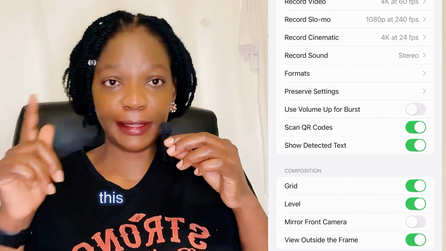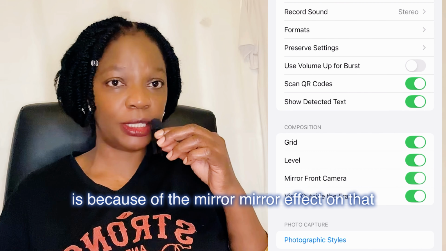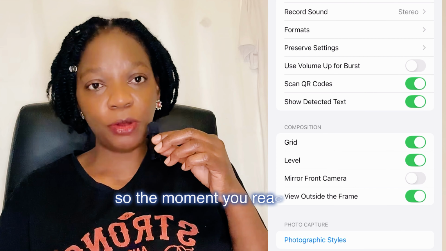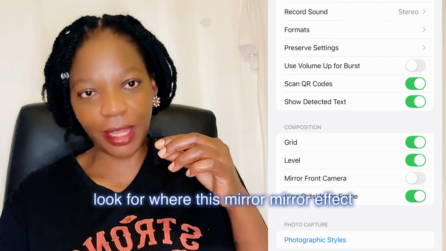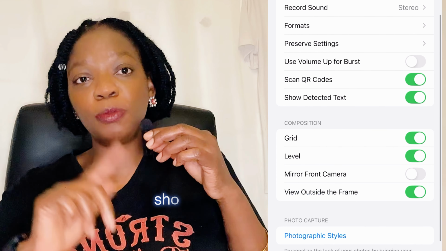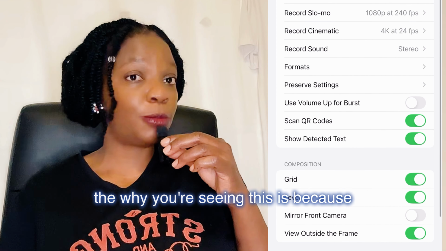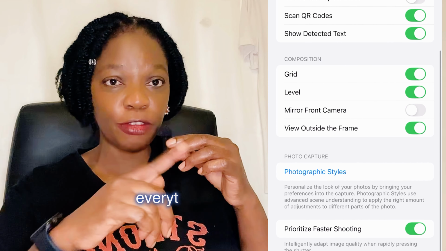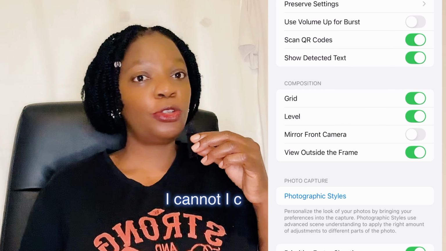When you scroll, this problem that you're seeing here is because of the mirror effect in the camera setting on your app. So the moment you reach there, look for where there is mirror effect. The mirror effect should be disabled, should be turned off, not enabled. Why you're seeing this is because the mirror effect is turned on. Everything was turned on and we have that issue. That's why you see I cannot